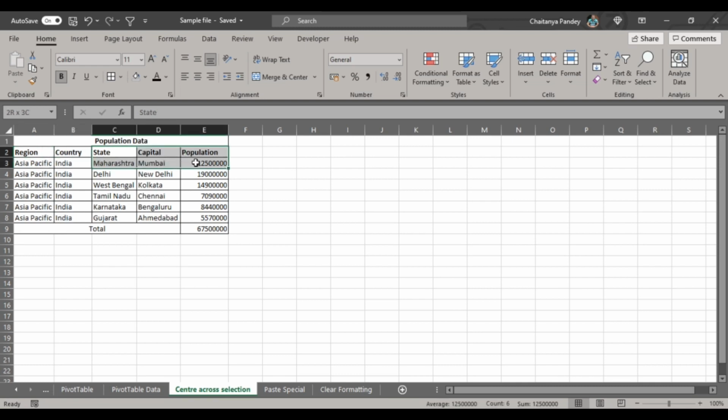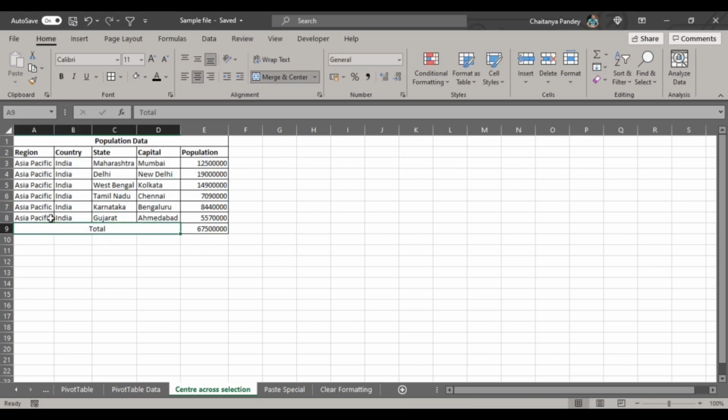So you have certain circumstances where you need to only select some values, but due to the merge and center feature, many useless values also get selected. This also happens when you want to sort something or you want to filter out something, then this merge and center comes in the way.